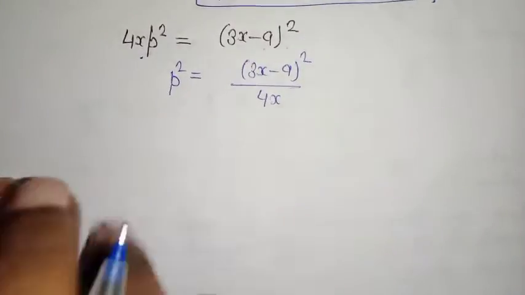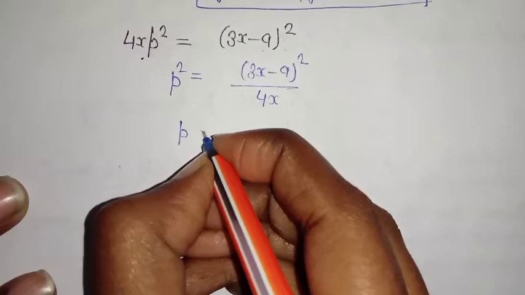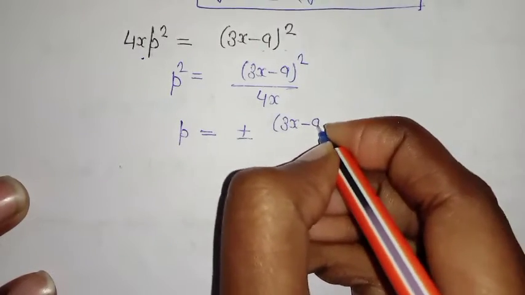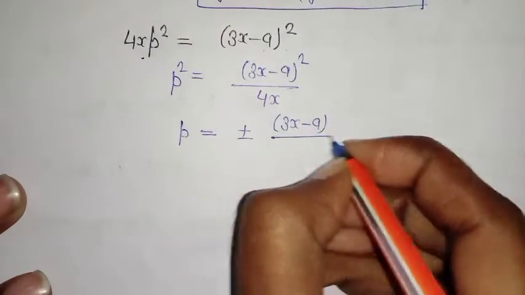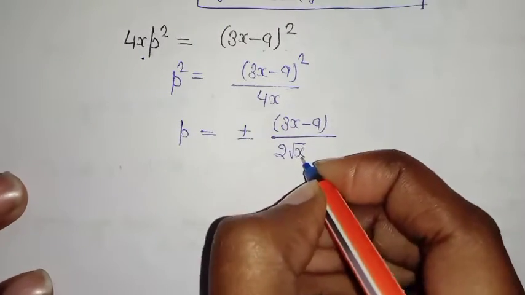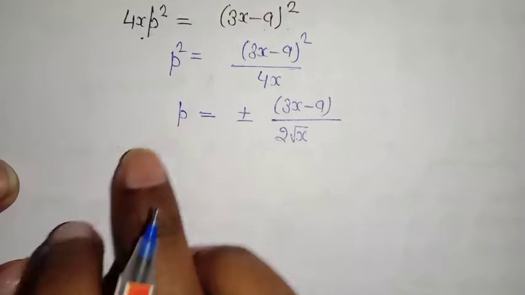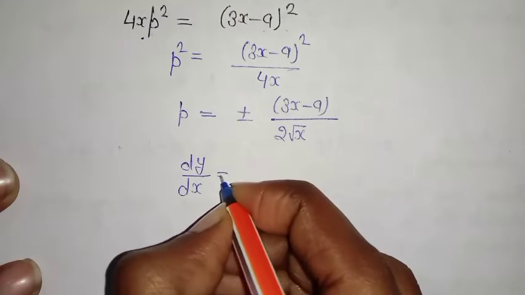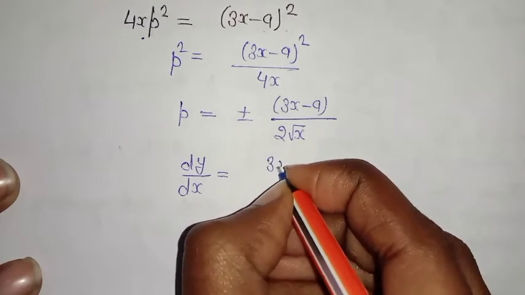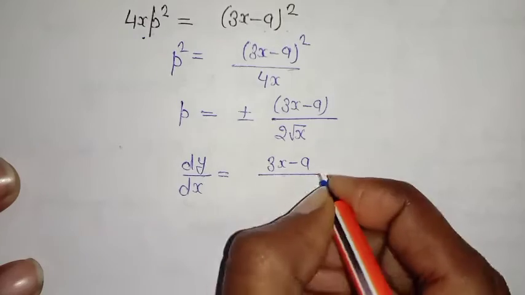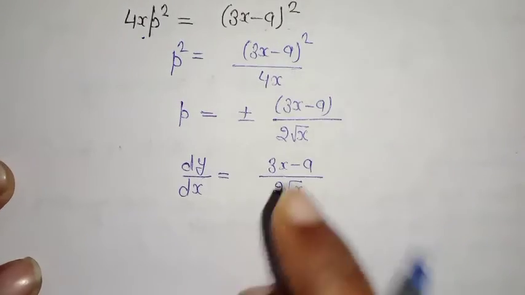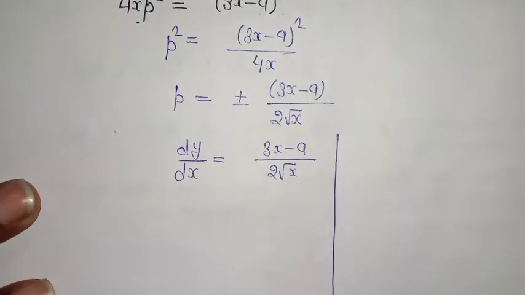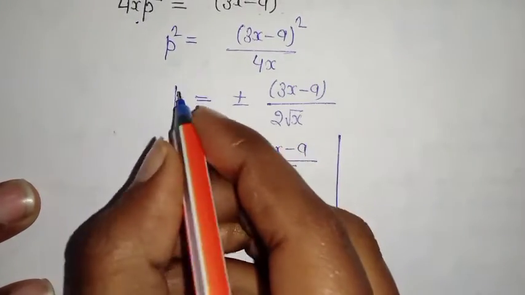If we take the root on both sides, this becomes p is equal to plus minus 3x minus a by 2 root x, because the root gets cancelled by the square. Now p can be written as dy by dx, which is equal to 3x minus a by 2 root x. I am taking the positive sign at one side and the negative sign at the other side, because